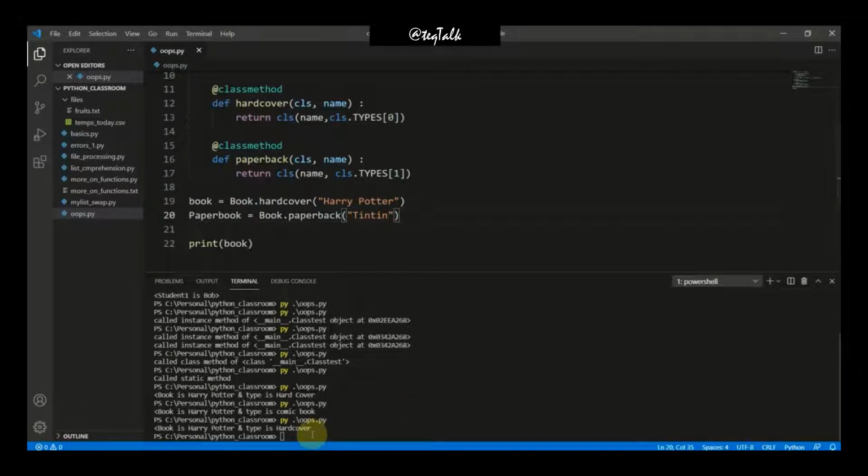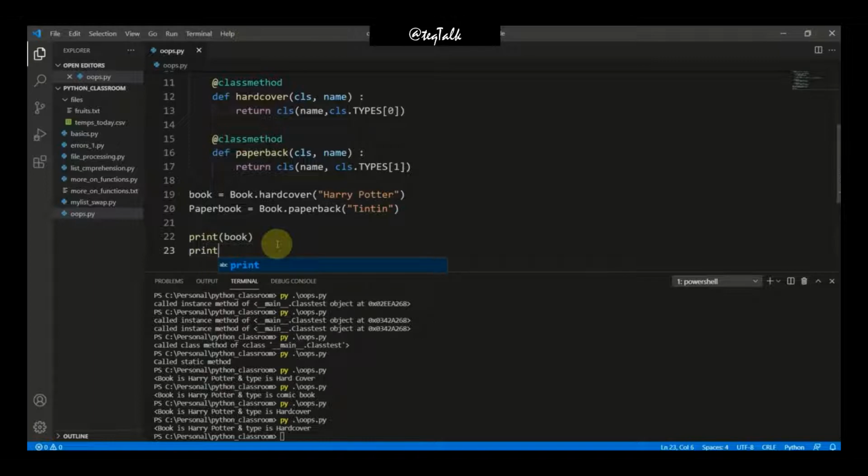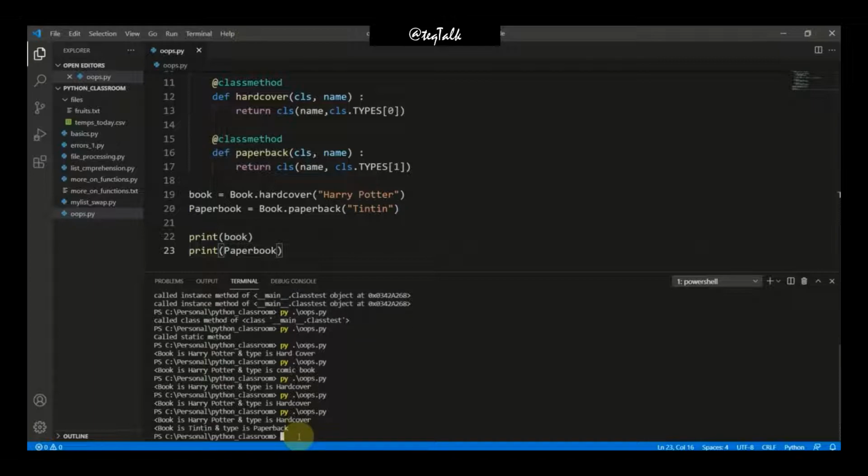So now if I run it again, okay, so I need to print it here again, print paper book, save it and run it again. So you can see that book is Harry Potter and type is hardcover is printed, and for Tintin the type is paperback is printed.